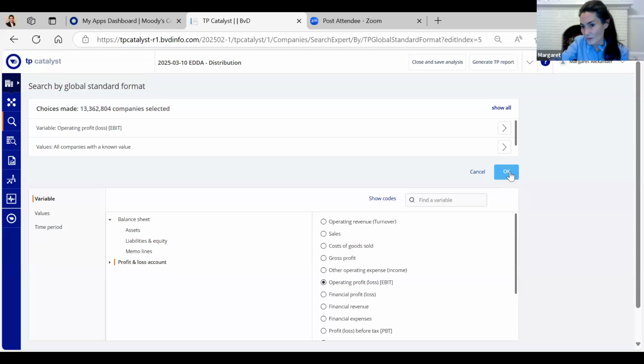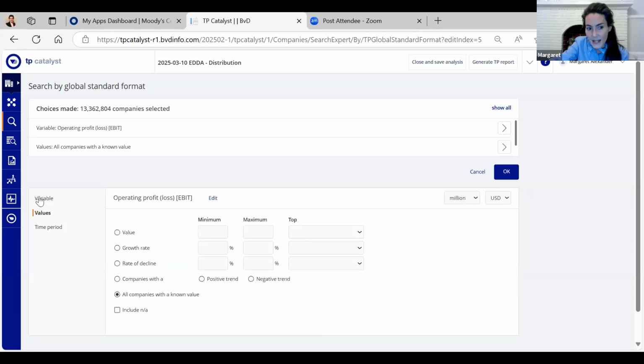But this OK won't turn blue, so you won't be able to select OK until you've made all the choices that you need to for these three pieces of information. So we've selected the variable from the P&L. It's the EBIT value. And under values, I've selected all companies with a known value.